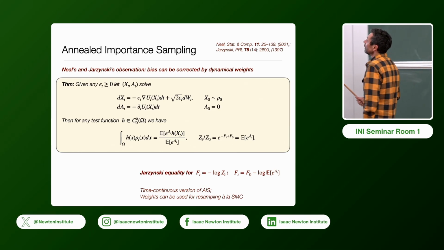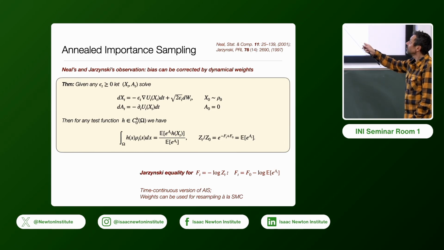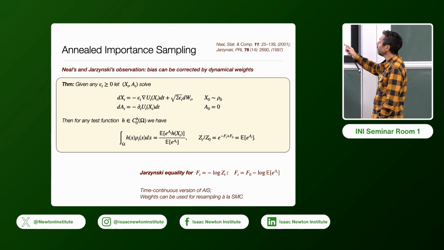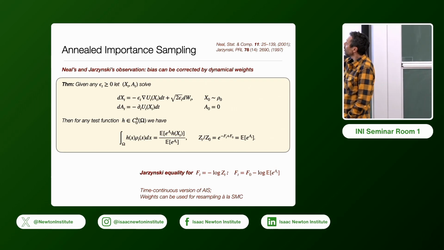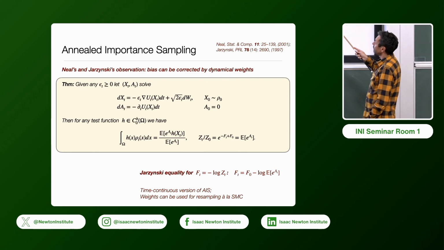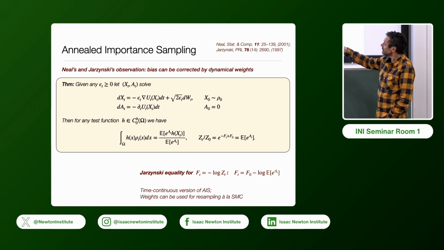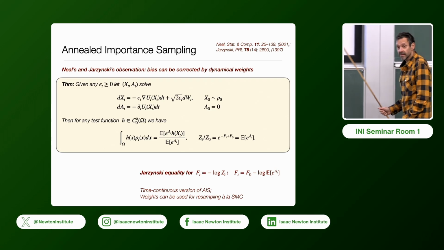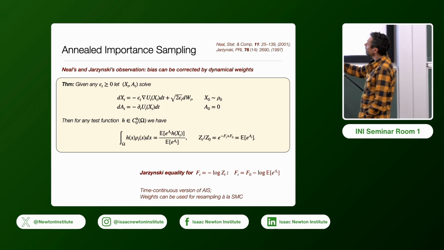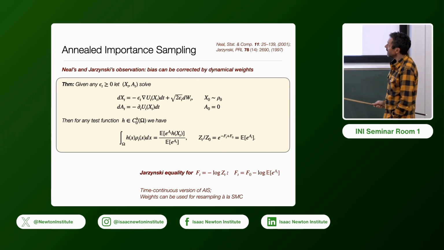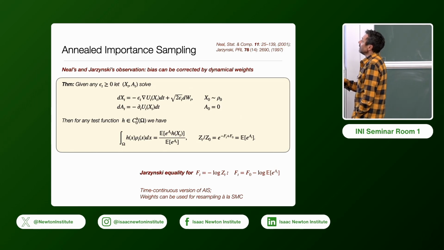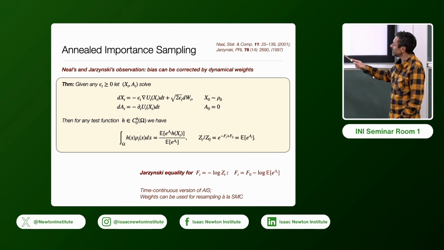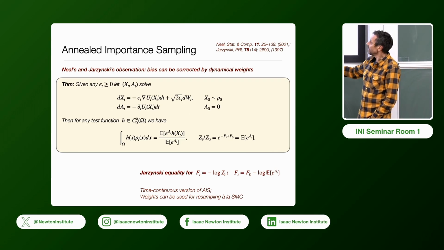Okay. So the observation of Neal and Jarzynski is that you can actually correct that by adding dynamical weights. Okay, and that's also what you do in sequential Monte Carlo. And so the little theorem written here is that you take the same equation as before, but as you simulate this or evolve this, you also evolve a variable A, okay, that evolves with the time derivative of U_t, evaluated along X. And then what you can show is that if you don't take the expectation over this, which has a bias, but you reweight using these exponential weights, then you can calculate